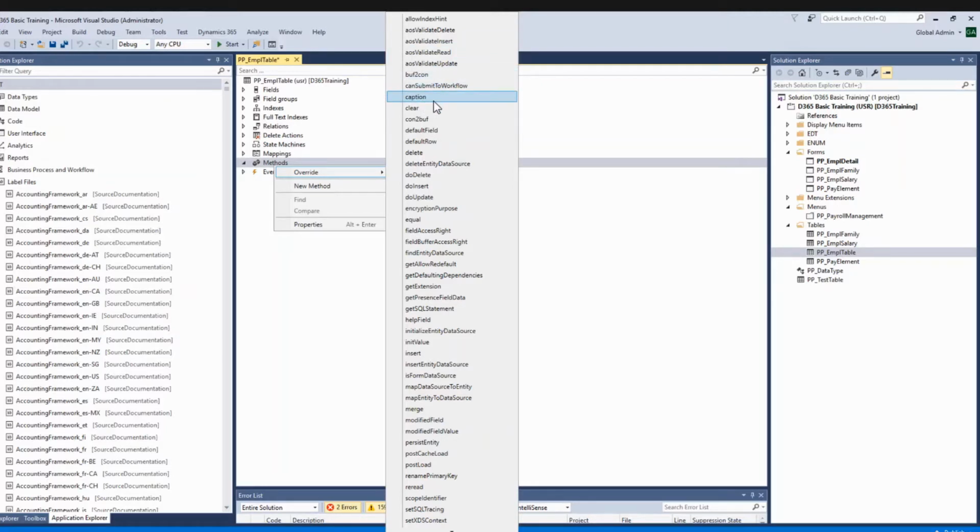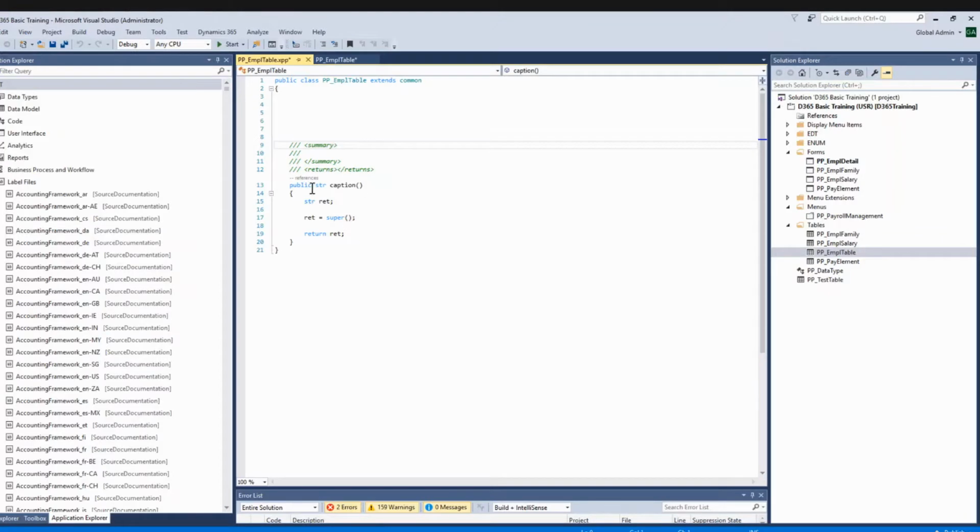Like this, we have the caption method. If I click this, you can see the body of the caption method. This super in the caption method generates the text to be displayed from properties on the table. In the table properties we have set the caption, so from that property it invokes the caption. So super has a very important role. This is executed when a heading for a form is displayed. If you want to override this, we can override this method.